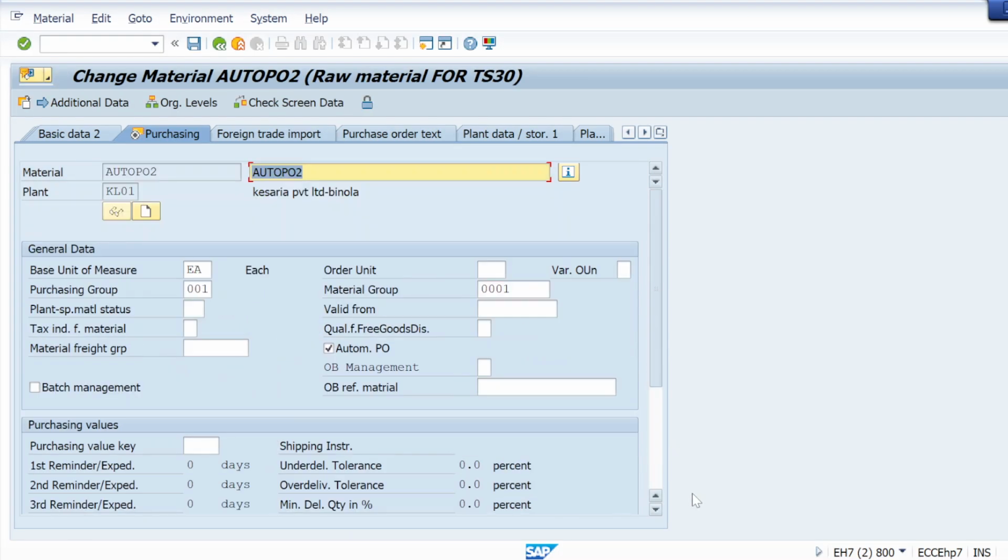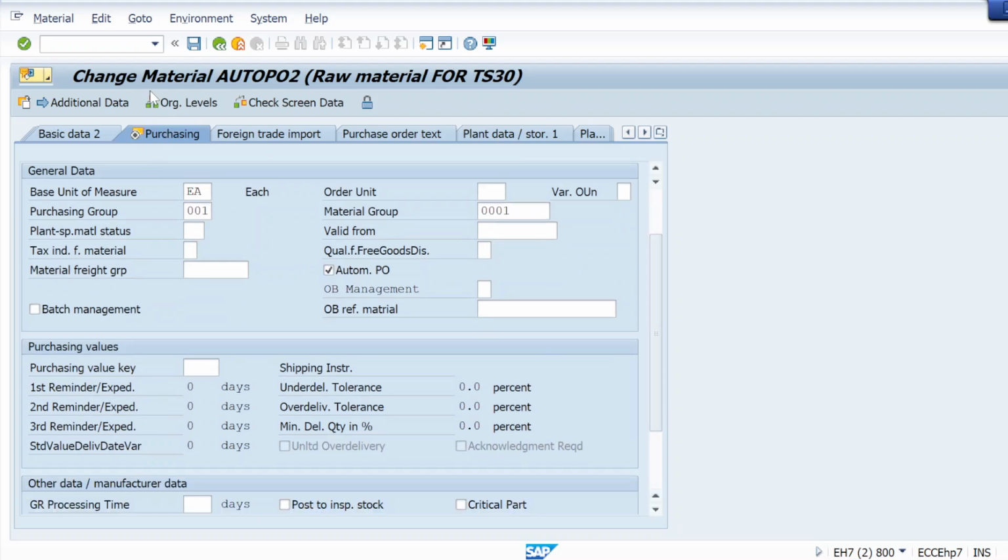So here in that purchasing view, see, auto PO is selected. Yes, it's fine. Same I will do with supplier.